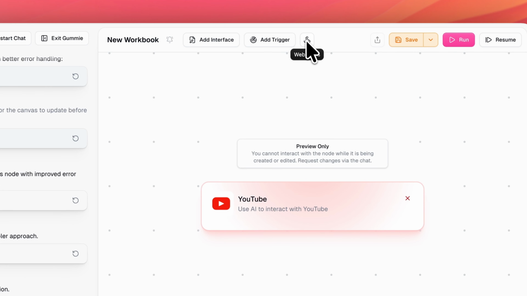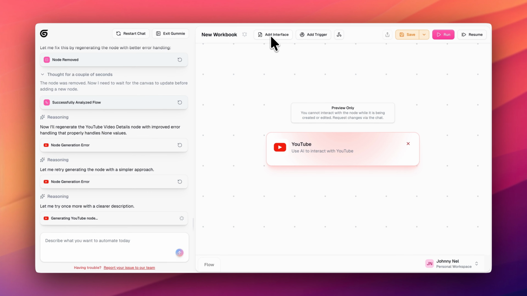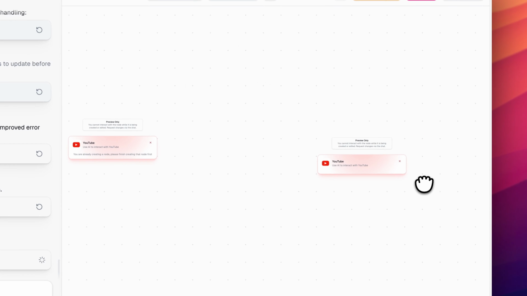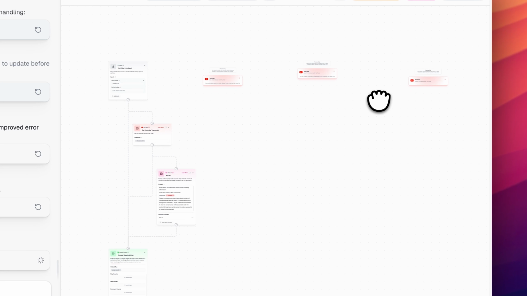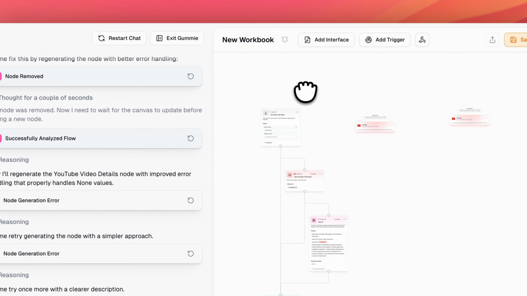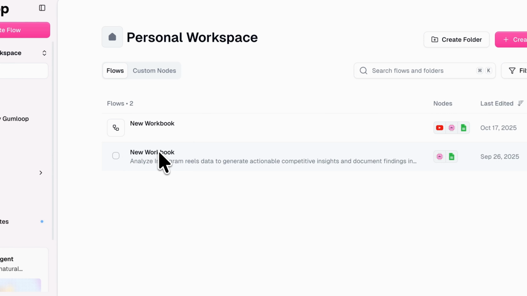While it's busy, you can add webhooks, you can add different triggers, and you can add an interface, similar to OpenAI's SDK, as an example. Now, you don't necessarily just have the automations that you're running on the back end, but if you need to create something for your clients, this is also something that could be done, and you could have a front end for that. So while it's still busy troubleshooting here, let me show you another scraper we created for Instagram,